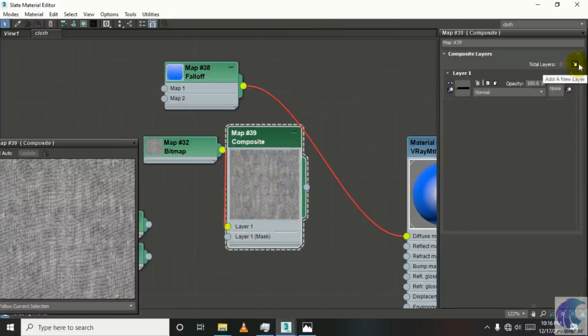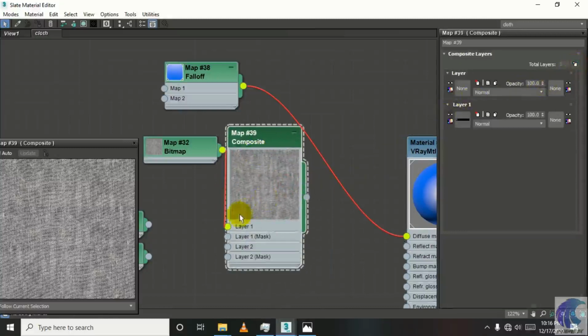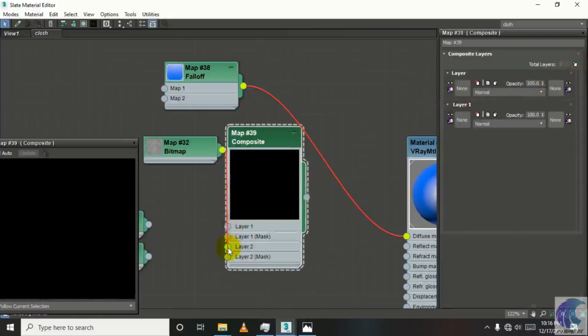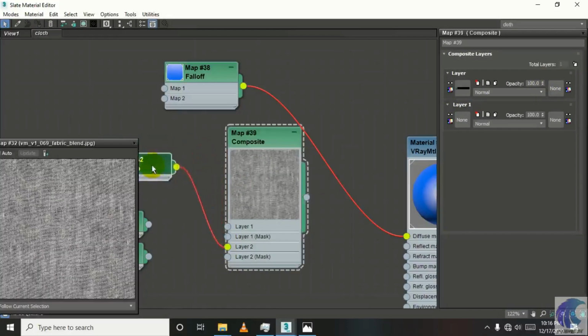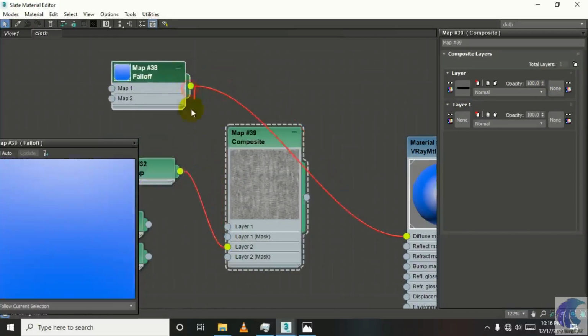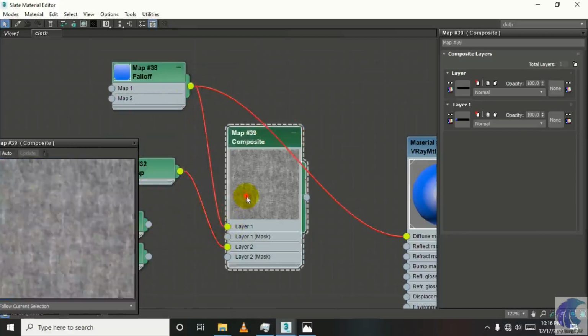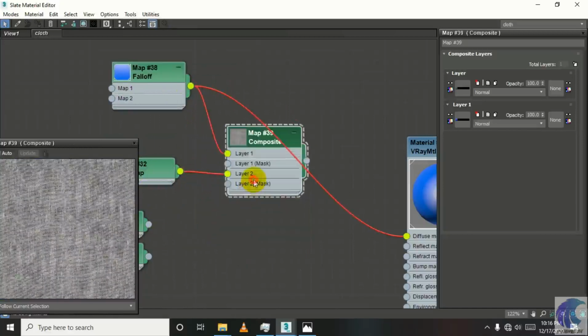Just add new, and we will keep it at layer 2 and put this falloff map at layer 1. So it works as a stack. Composite map works as a stack.